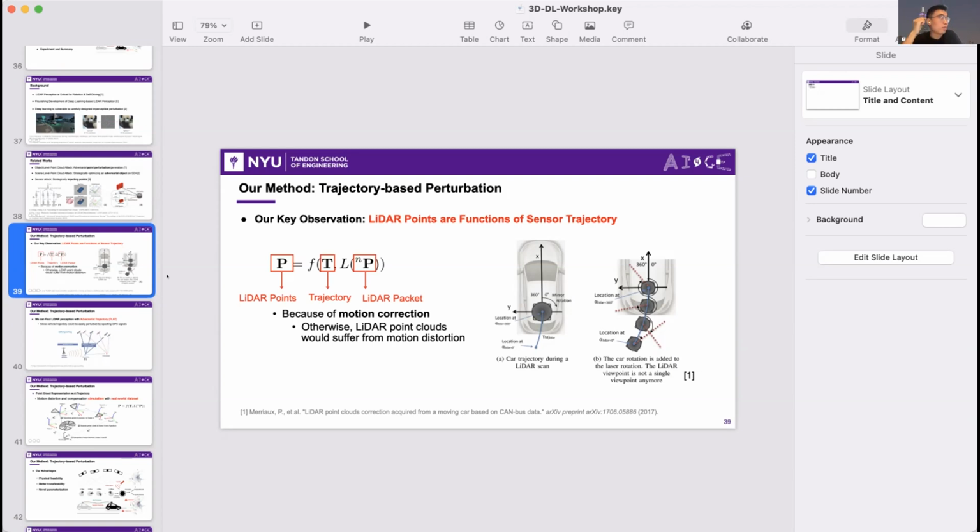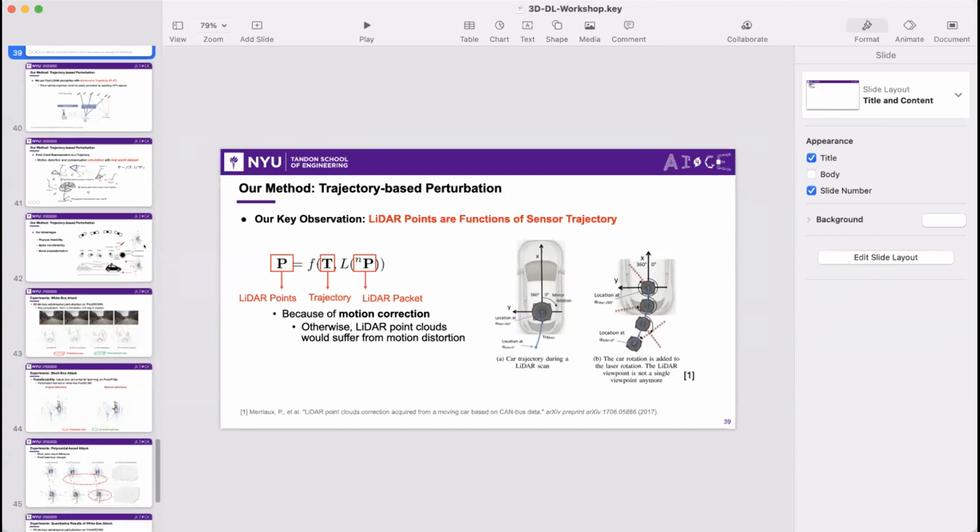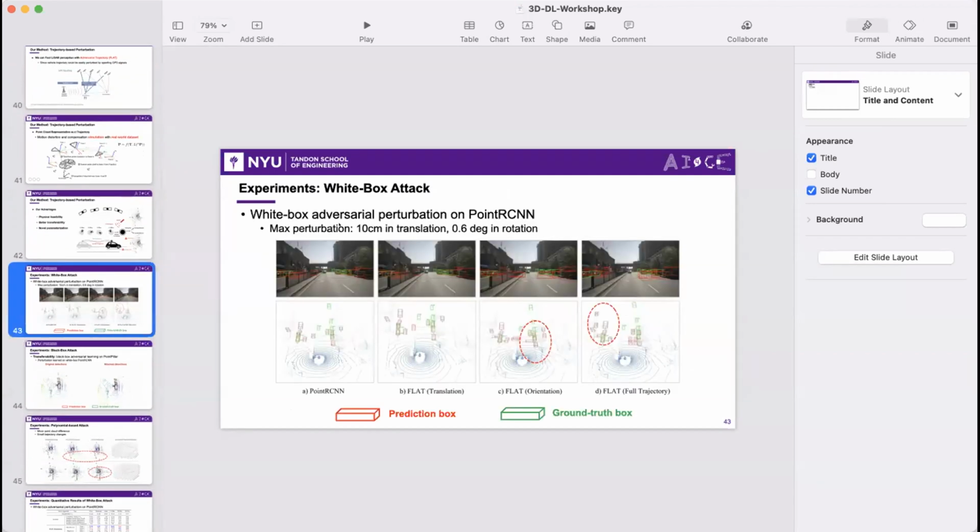Yeah. I think that's a very good question, and actually, I think that could be a potential adversarial defense mechanism. But in this work, our argument is that the trajectory perturbation is very smooth, and we add a constraint on the perturbation. You can see that the maximum perturbation is 10 centimeters in translation, which is very, very small.